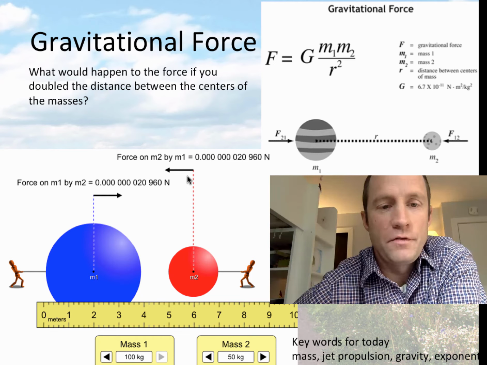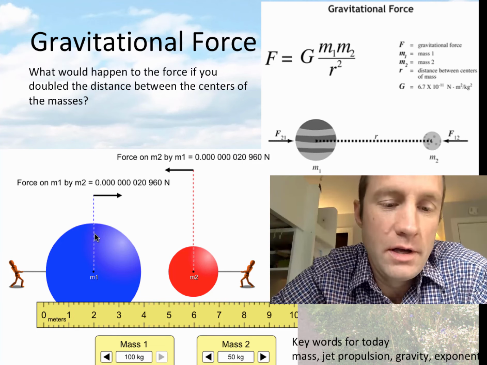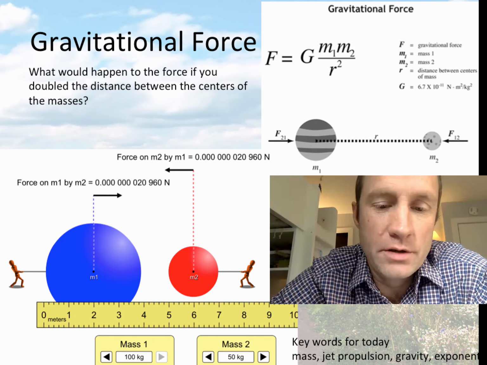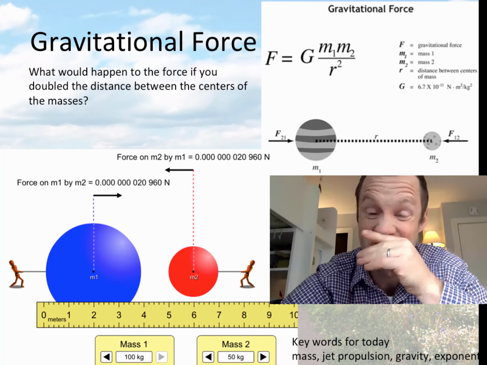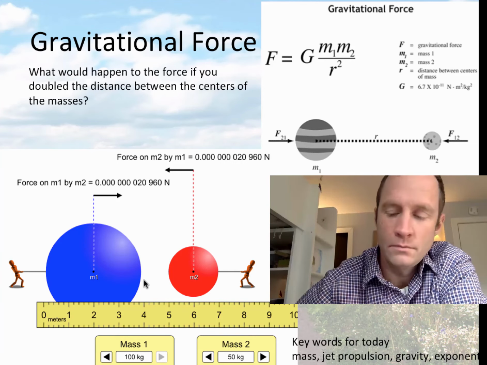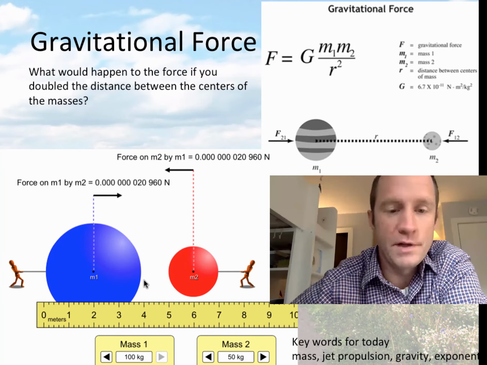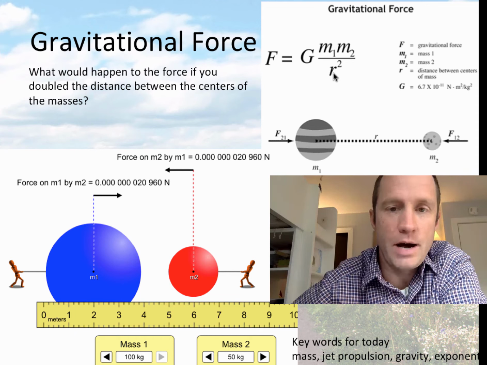What will happen to the force these two objects are feeling, the gravitational force, or the force due to gravity that they feel, if their position relative to each other is doubled? All right, so you probably answered, or hopefully you answered, that if you pull this back, it's going to go down. And that makes sense, right? Because if distance is on the bottom here, and if you make that number bigger, the number on the bottom, that's going to decrease the overall,